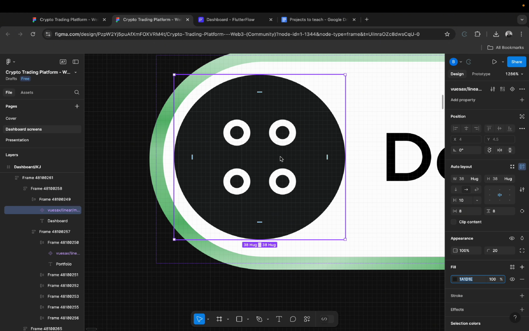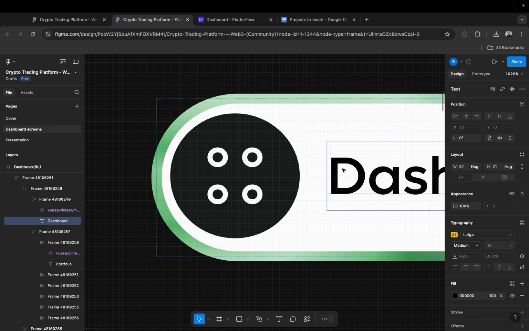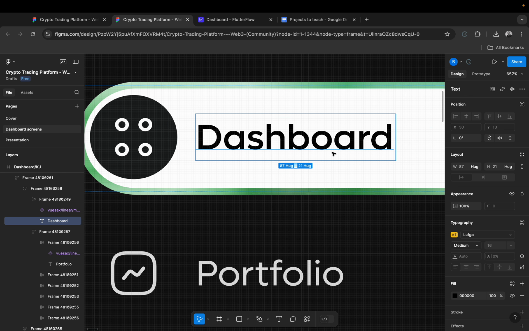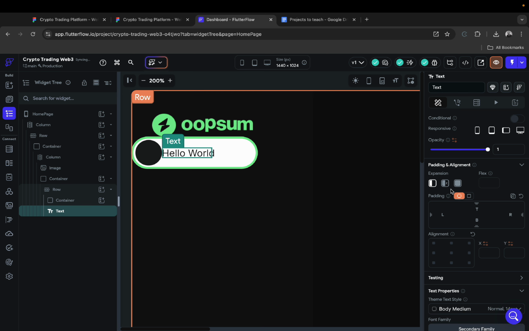Now the next thing I need to do real quick is to put on this text. All right, so the text here says dashboard. I don't have this font, it says Louvga Light. But this is the font, it says dashboard, and the size of the font is 16 and medium. So I can come over here, click on the row, click to add a text, and then I can say